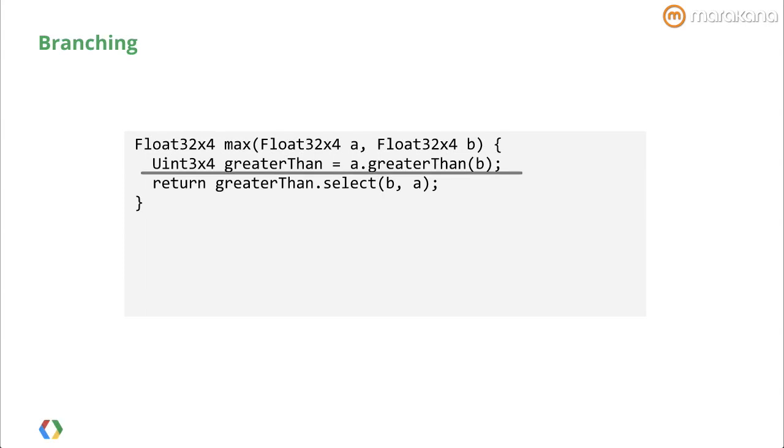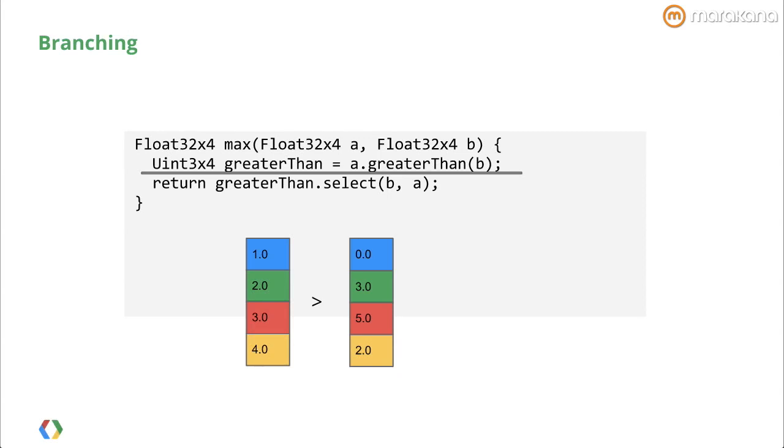So here, this line says Uint32x4 mask equals A.greaterThan(B). And the reason that it's not the greater than operator is because it returns something unusual, so we wanted to make it explicit. And what it does is it returns this bit mask to you. So here we say A greater than B, and we get this weird bit mask that says it's all F's or all zeros, depending on the true or false value of the predicate that you just evaluated. So in this case, we see that 1 is greater than 0, so we get F. We see that 2 is not greater than 3, so we get 0, and so on.